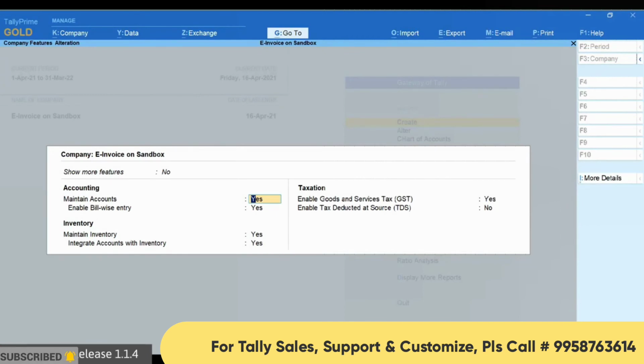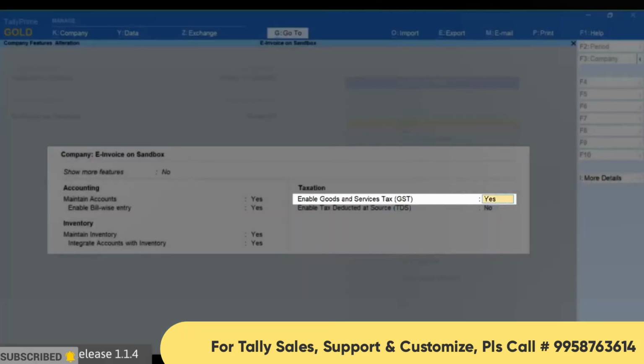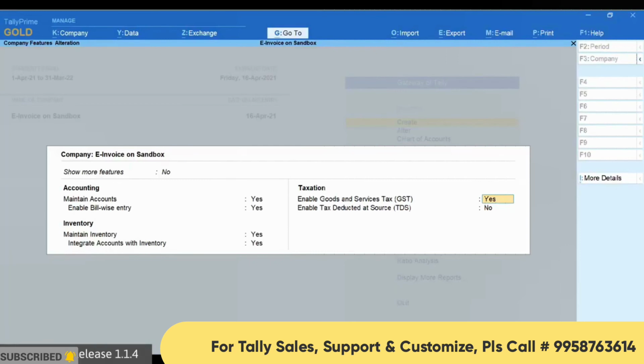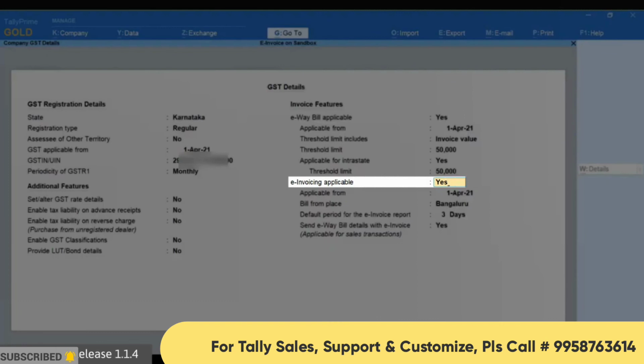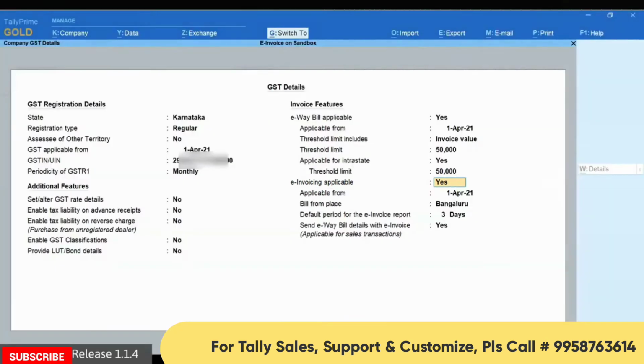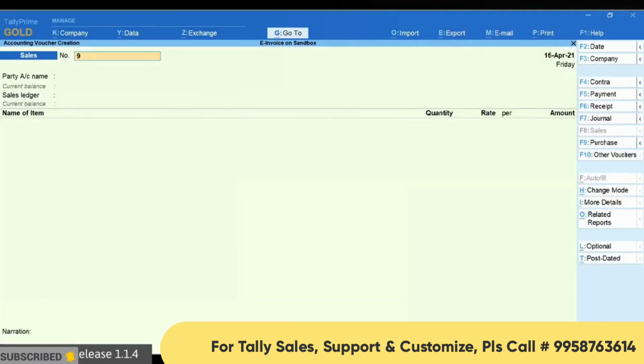Before that, ensure that Enable Goods and Service Tax GST is set to Yes in F11 Company Features, and in the GST detail screen, e-invoicing applicable is set to Yes. Now, open a sales voucher in Tally Prime.